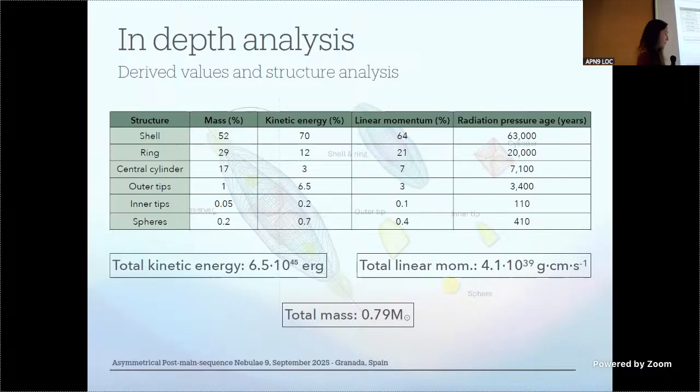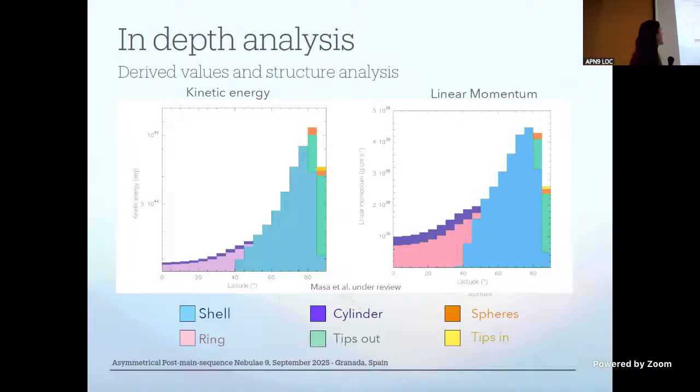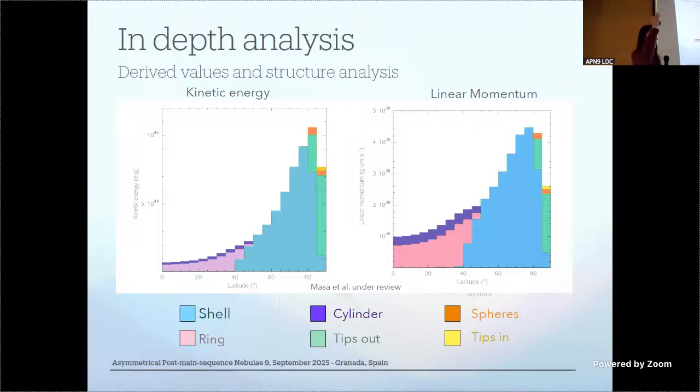Here, as a curiosity, I also computed the radiation pressure age to highlight that the momentum excess is found only on the outer part of the nebula, but not in the later ejected blobs, let's say, around the main axis. As I said, we can play with these results as much as we want. We can also plot them by latitude of the nebula from 0 to 90 degrees and see the contribution of each part of it,